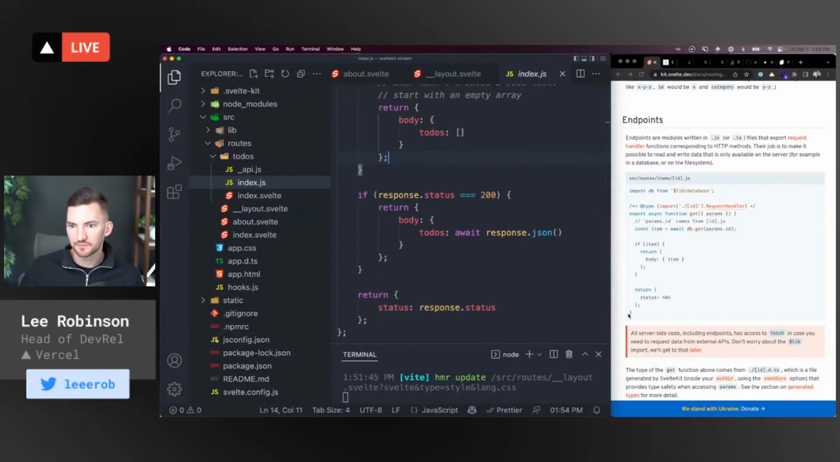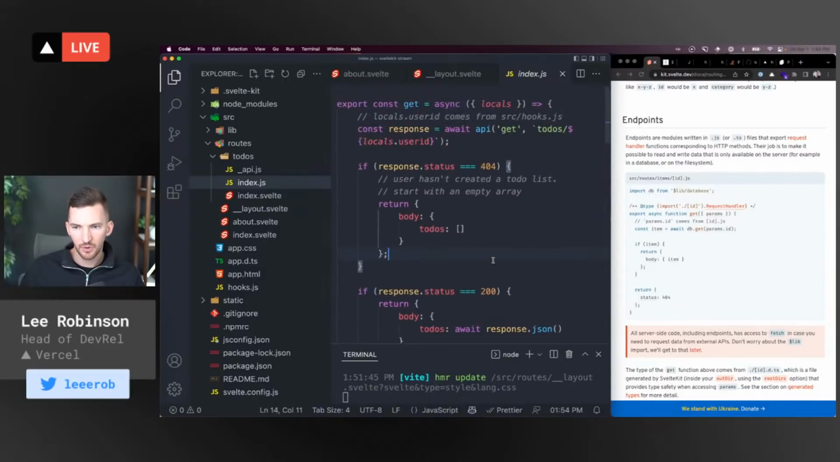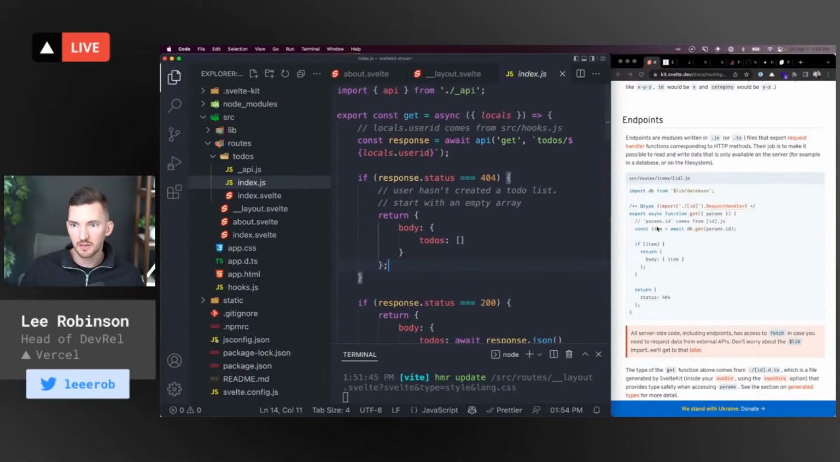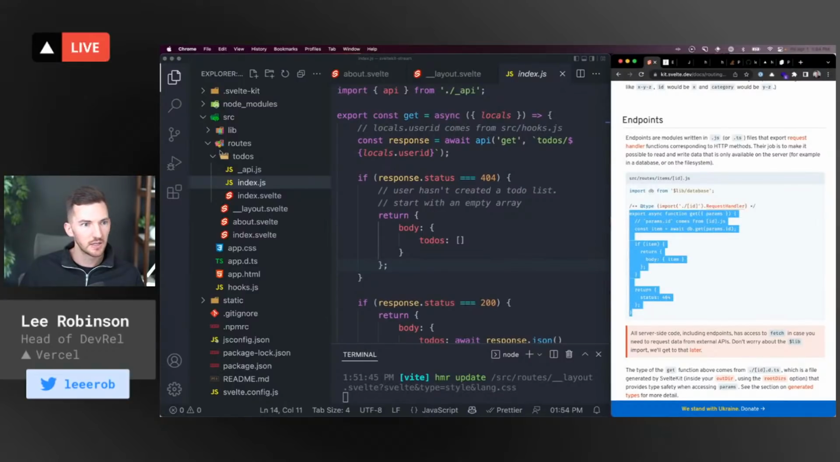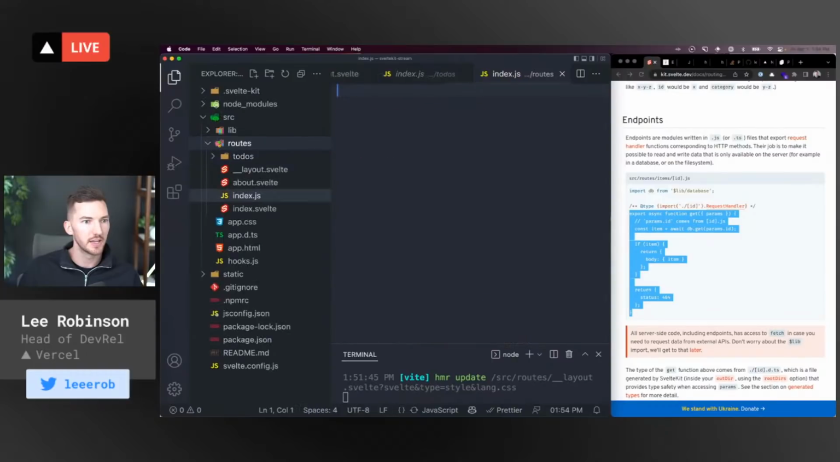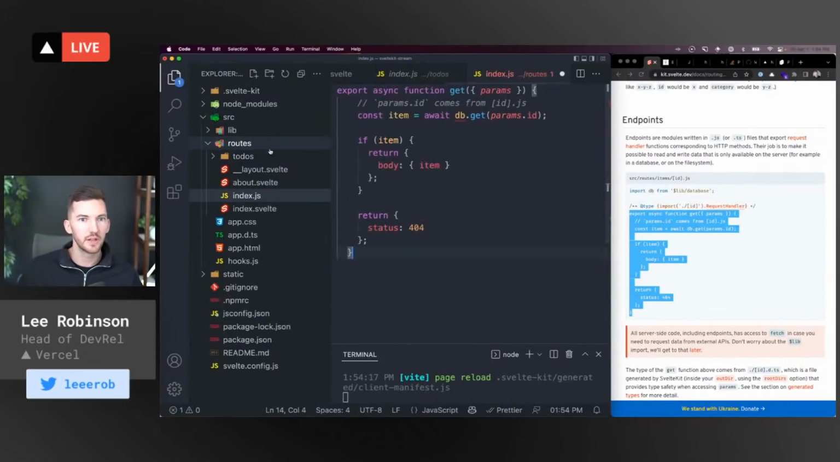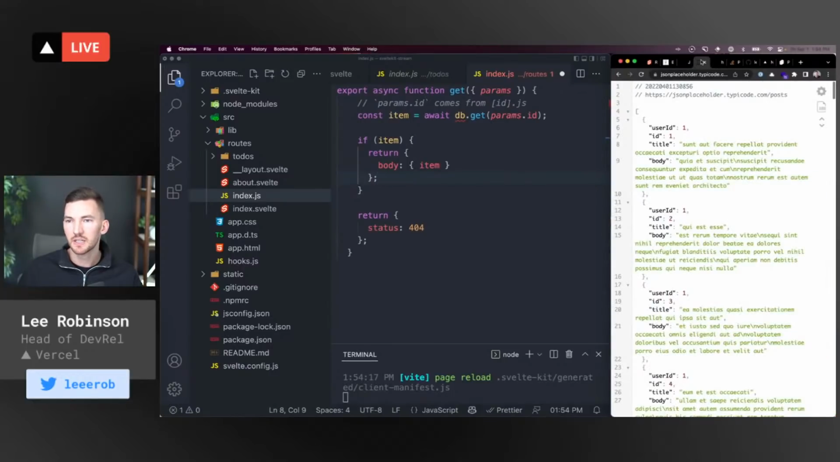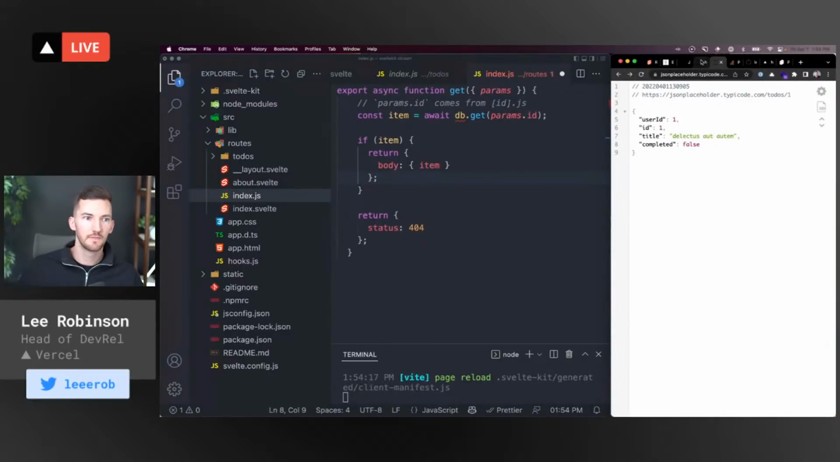Let's see. I can probably just copy directly from the docs here. And then let's try index.js. So this should be the page endpoint for my index route. So it's going to fetch some data. If there's data, return that. Otherwise, 404. Okay. And then I have this JSON placeholder,